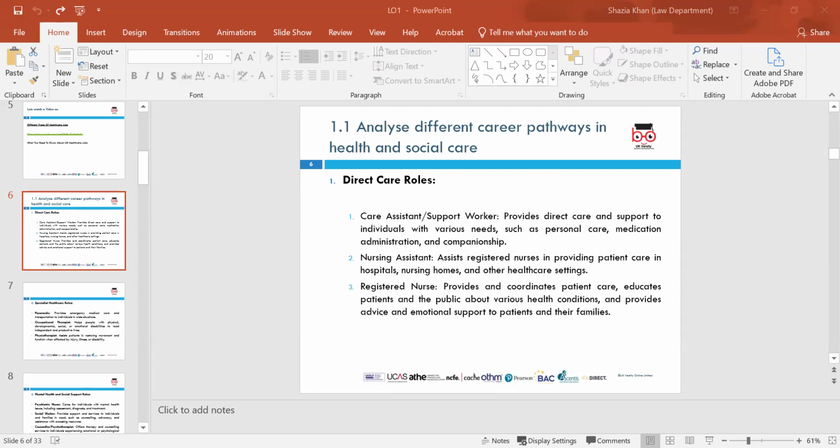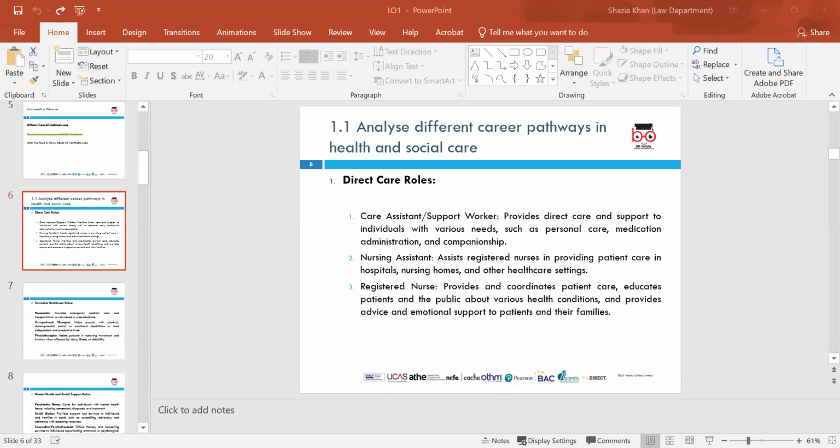What do you think care assistants do? To support vulnerable people with their personal care. So are they very similar to a nurse's job? Is it similar? Not the same. So is a nurse more qualified than a carer? Yes. They have more qualifications than a carer, whereas it could be